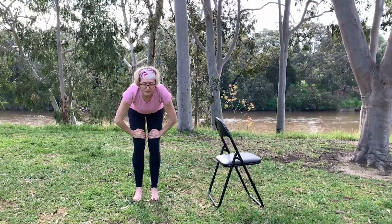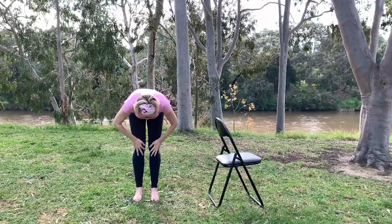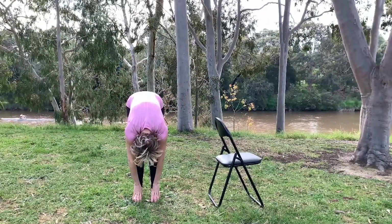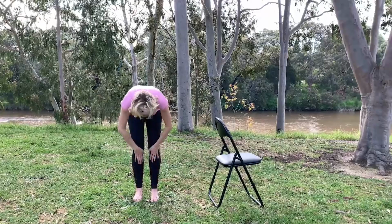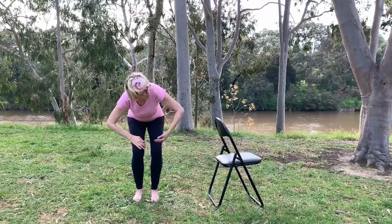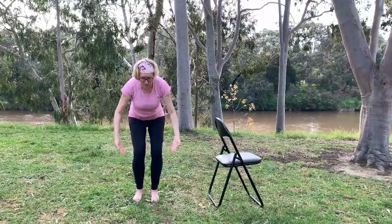Bring your hands onto the knees, look up, out to the sides, coming down into the forward bend. Inhale onto the knees, float the left arm up, float the right arm up. Bring both arms up,